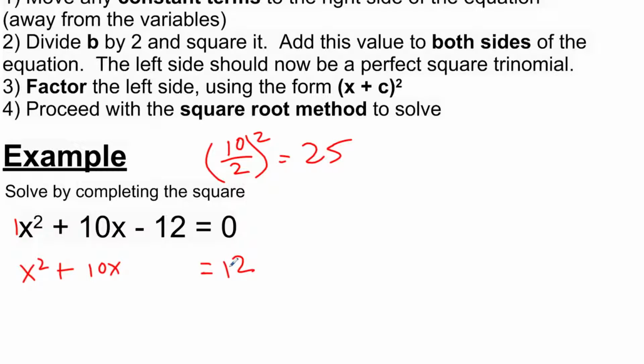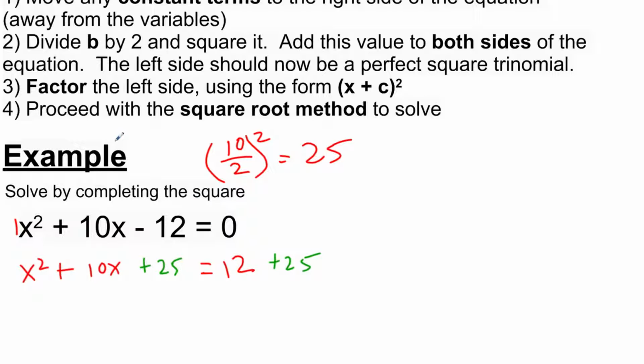Okay, so I got rid of that 12 because I needed the space because I really want there to be a 25 here. Right? So if I'm going to come up to my problem now and say, well, I want to add 25 here. This is my ideal situation. This is a perfect square now. But I can't just add that and put it in there just because I like it. If I add this in, that's fine, but I just need to make sure that I also add it in to the other side. If I'm going to add something to the left, I need to also add it to